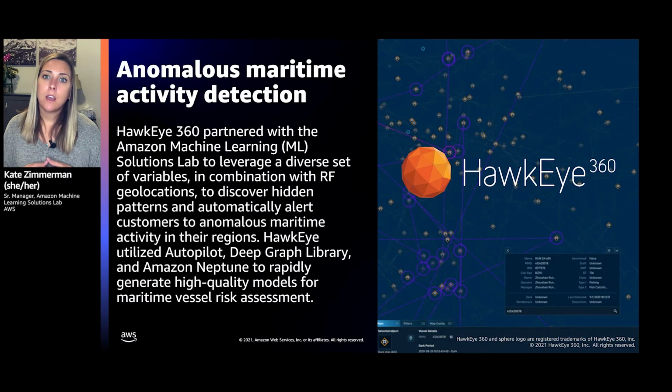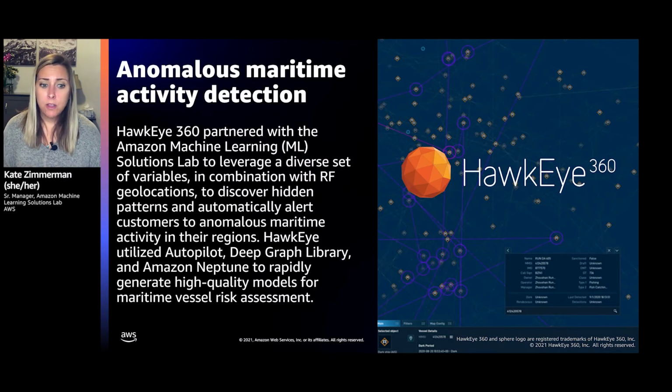Because Autopilot can search so many models and so many features, even if you have an experienced data scientist, it's just the scale that it brings to the problem that really differentiates it. I would say, with AutoML, I know it's about removing friction, but it also can really bring scale to the problems that you're trying to solve. It allows you, when you bring a data set, to explore lots of different algorithms, lots of different features, lots of different hyperparameters with a click of a button.